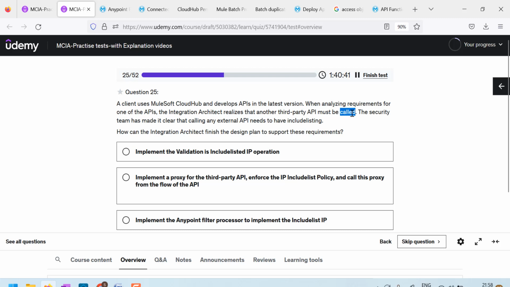The security team has made it clear that any external API needs to have include listing. So calling any external API needs include listing. That means from CloudHub, if they want to make an outbound call,